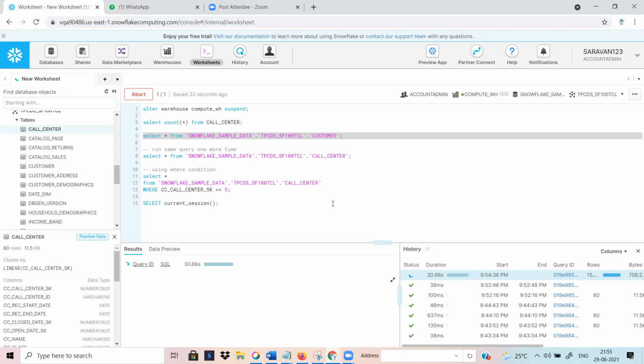Each and every query has a cost, bro. When you're running the query, if you are going to get the data from remote storage, Snowflake will do some computing and that is also a cost. Got it? Let's see. I think this is a big table. I think it's taking much time. Yeah, it's been 1 minute, I think. I think it's still running.